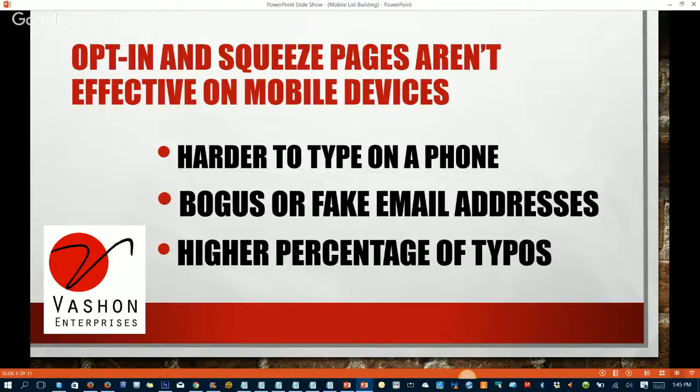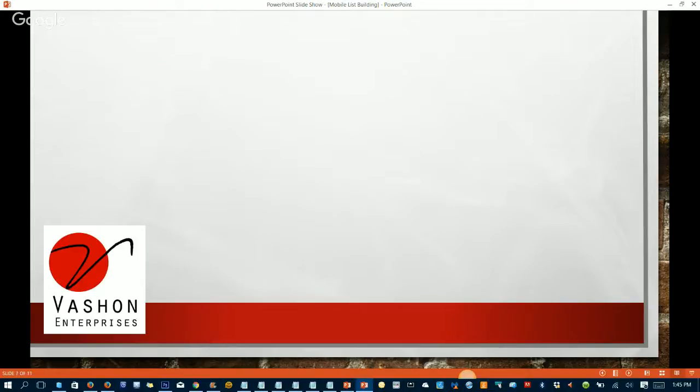So, you know, with all of this combined, the odds are if you're using the standard opt-in page, also called a squeeze page or opt-in page, you are missing a lot of people, more so every day that you continue to use those antiquated opt-in pages because of all of these things I just listed. They're probably not even going to fill them out because people get tired of filling out forms, especially with their thumbs, right? Okay, so what do we do?